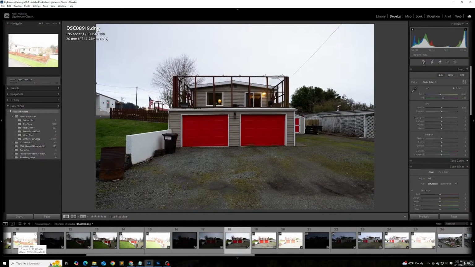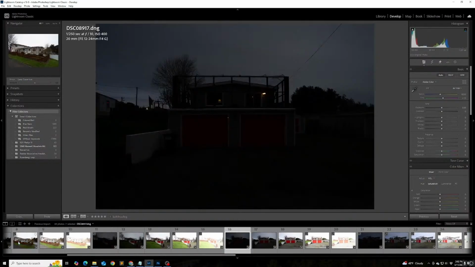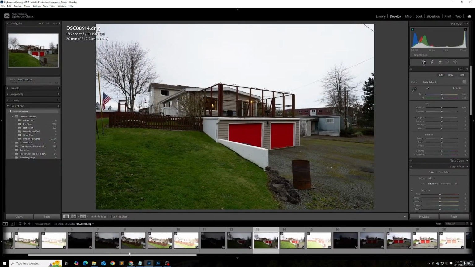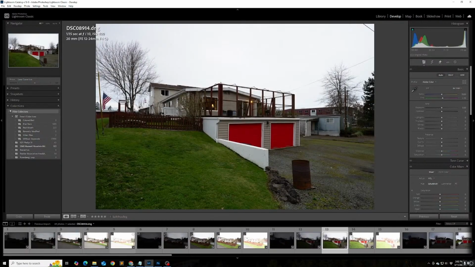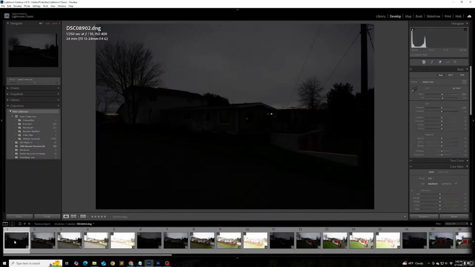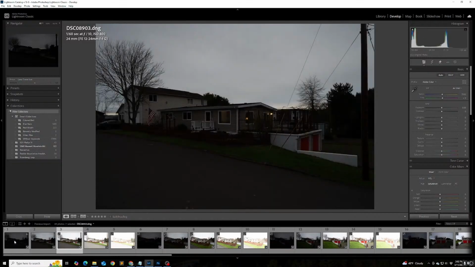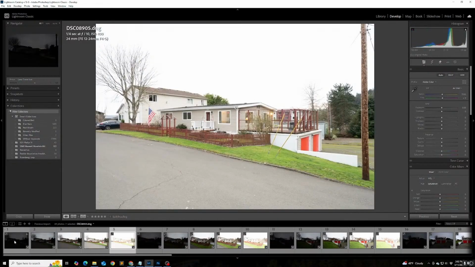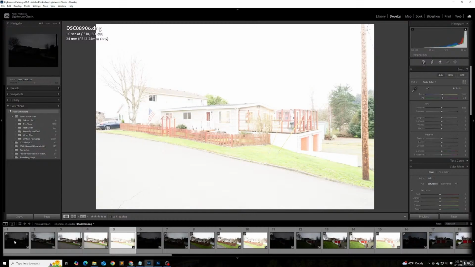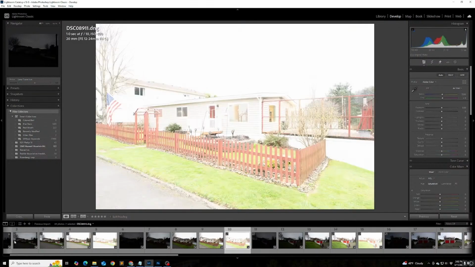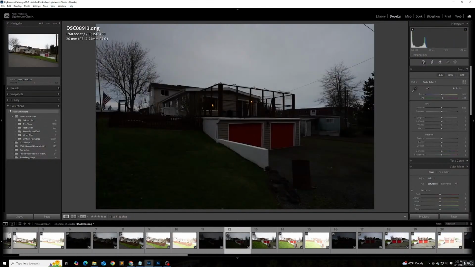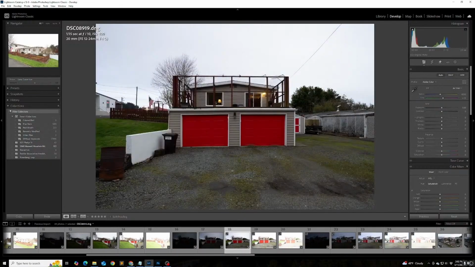I'm in Adobe Lightroom here, and I'm just looking at all the photos I took. You can see each shot is a set of bracketed images. So this is one shot where the camera took 5 photos in sequence, each with different shutter speed, so they have different exposures. This is a house in Garibaldi on the Oregon coast, and this was supposed to be